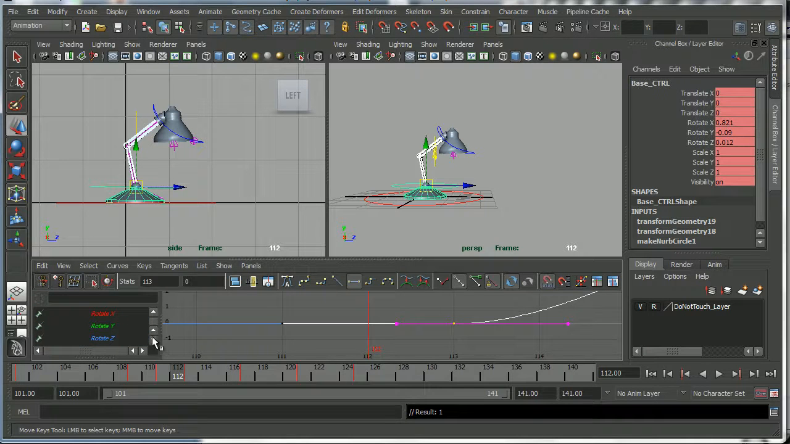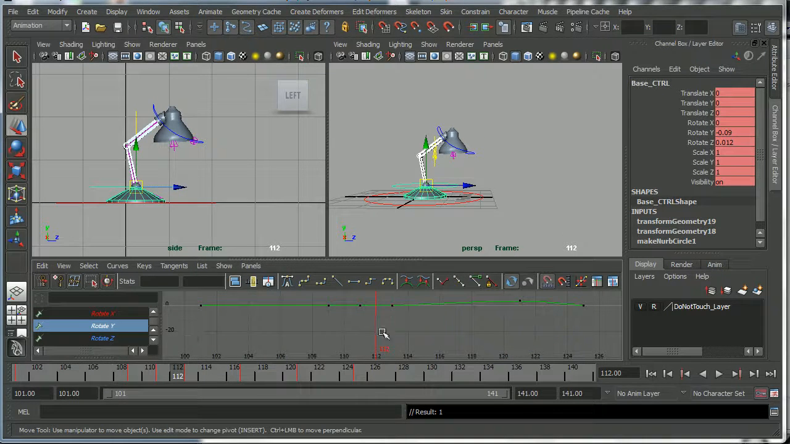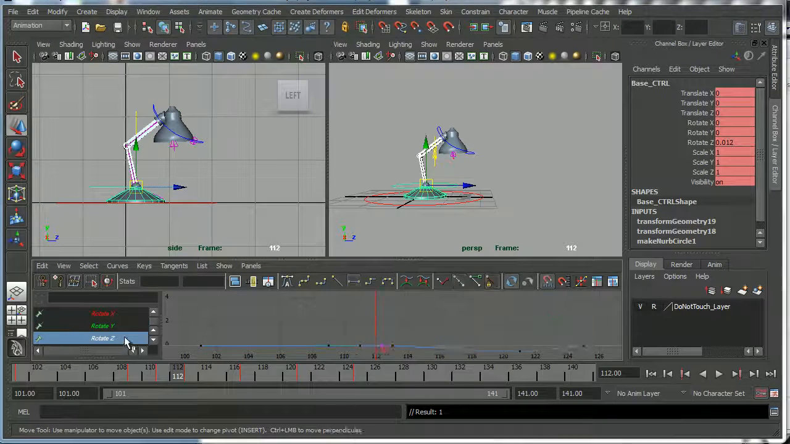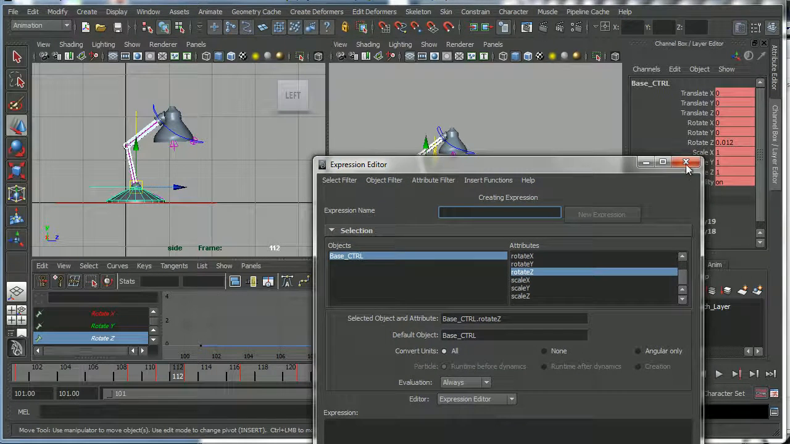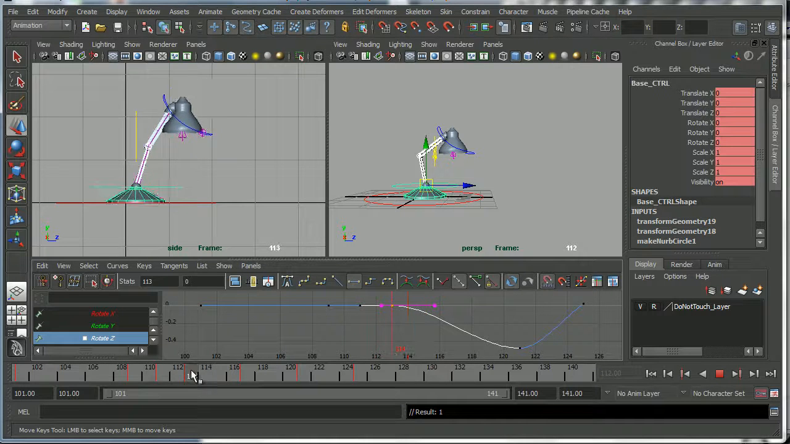So we're going to have to check the rotation. Let me go to rotate X, hit A, and again we've got the same problem. So I'm going to flatten that tangent. Rotate Y, yes, it looks like we've got a little bit of a wobble there. Flatten that tangent. Rotate Z, and we've got a little bit of a wobble in that tangent, so I'm going to flatten that one off too. So now hopefully, good, now the base is locked down